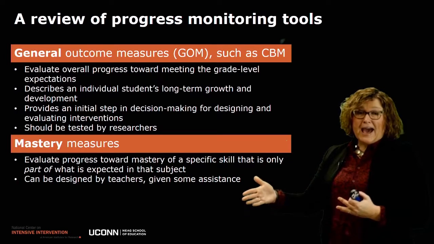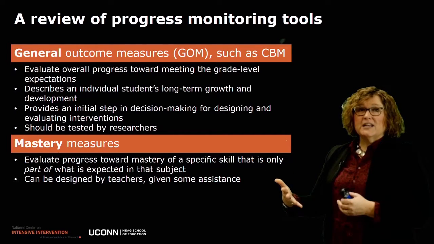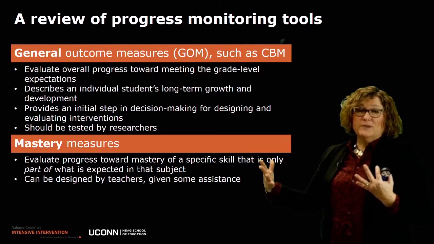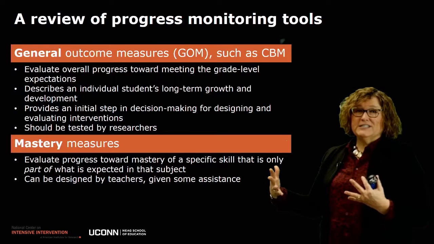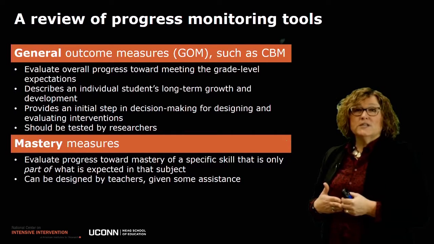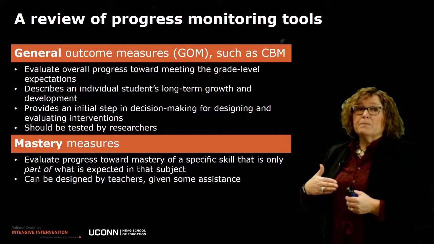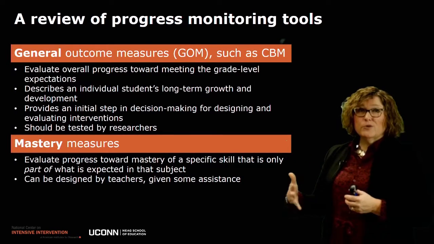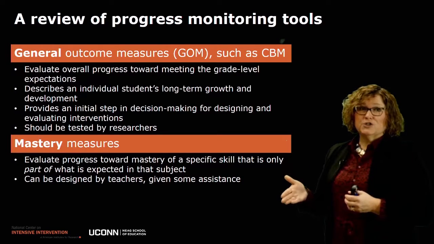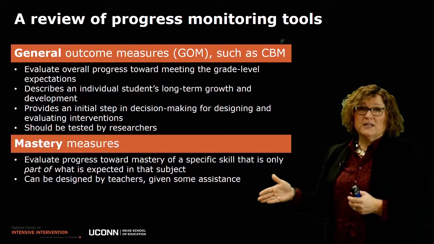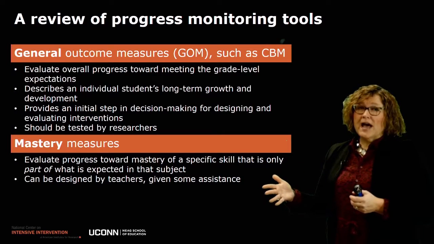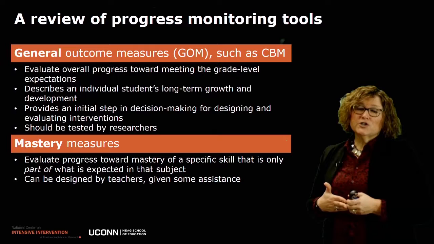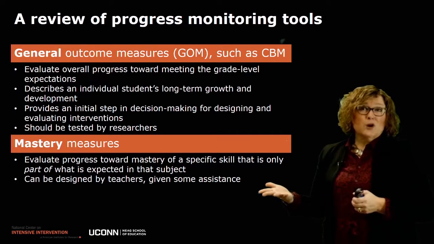A makes the A, and I'm trying to collect some data on that. I'm really thinking about overall general outcomes in reading, overall proficiency in reading. That's really the focus of CBM. We're trying to describe an individual student's long-term growth. It helps with initial decision-making for evaluating interventions. And those general outcome measures are evaluated and tested by researchers, and so we can have more confidence in them